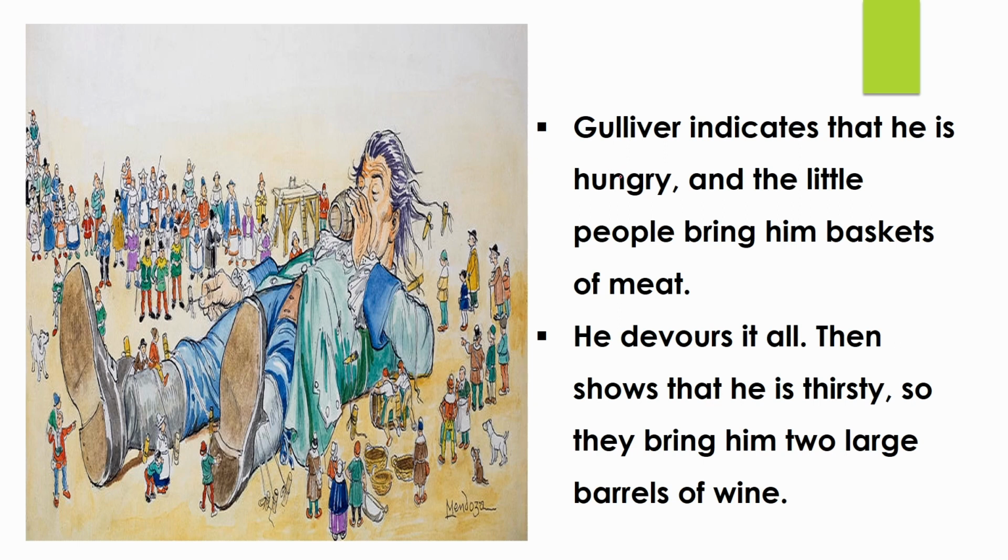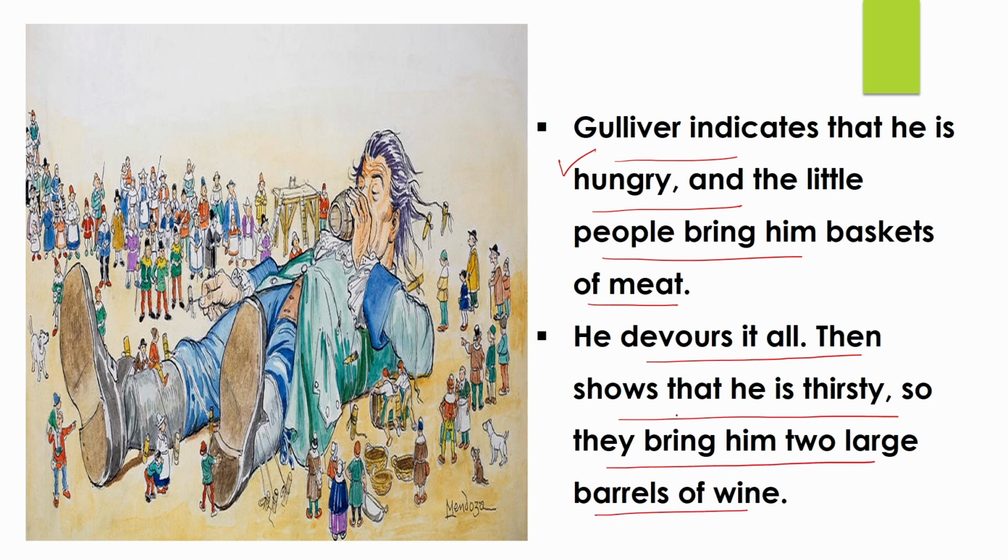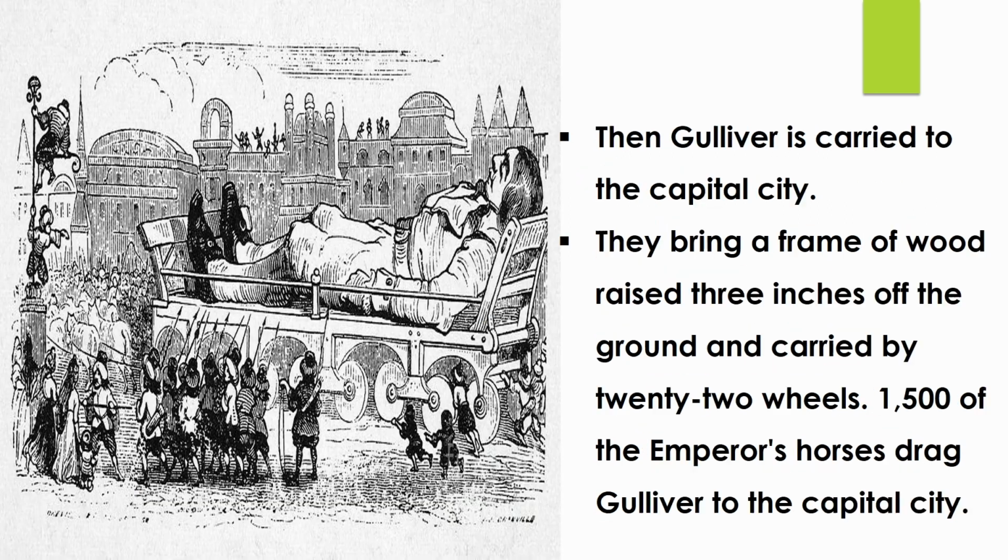The noise increases as the little people build a stage next to Gulliver, about a foot and a half off the ground. One of them climbs into it and makes a speech in a language that Gulliver does not understand. Gulliver indicates that he is hungry, and the little people bring him breakfast of meat. He devours it all and then shows that he is thirsty, so they bring him 2 large barrels of wine. Gulliver wants to pick up 40 or 50 of the little people and throw them against the ground, but he is grateful to them for their